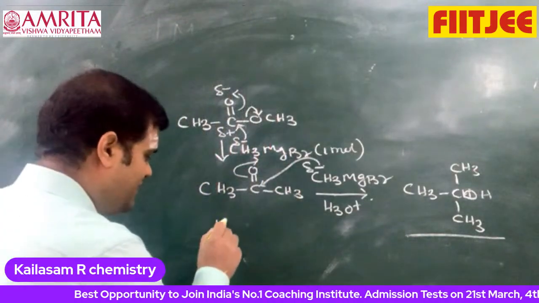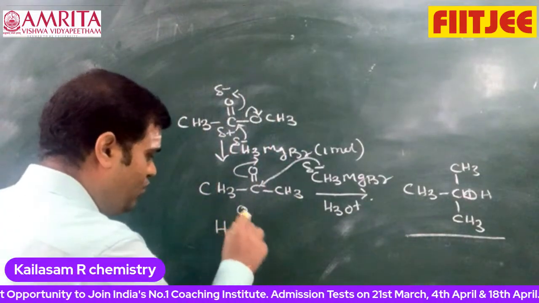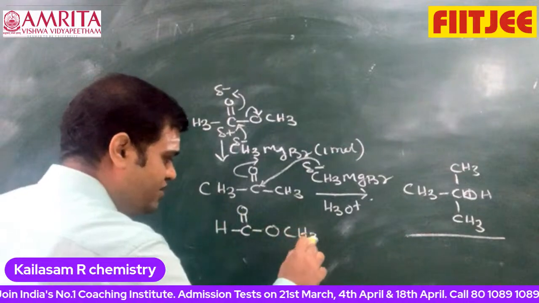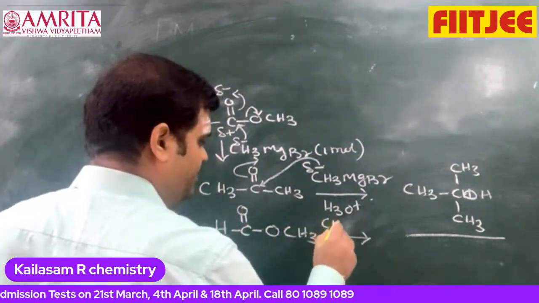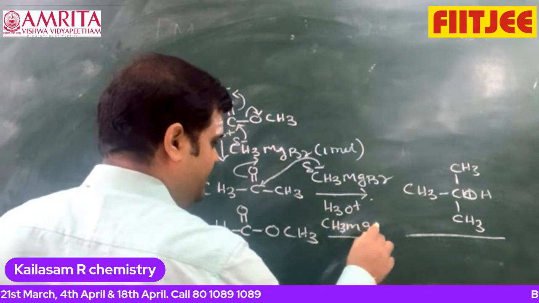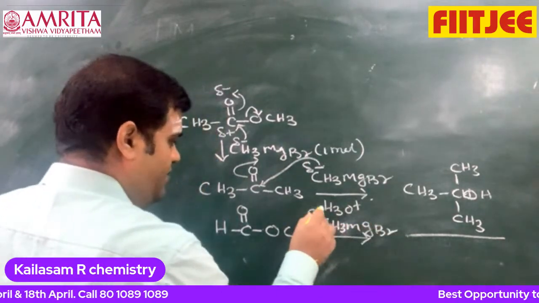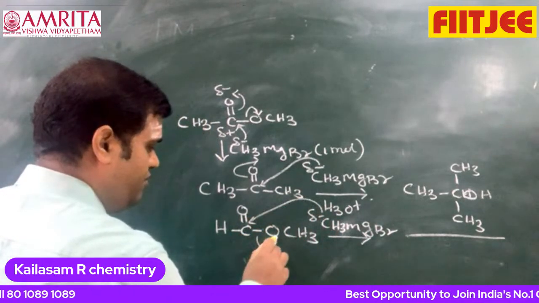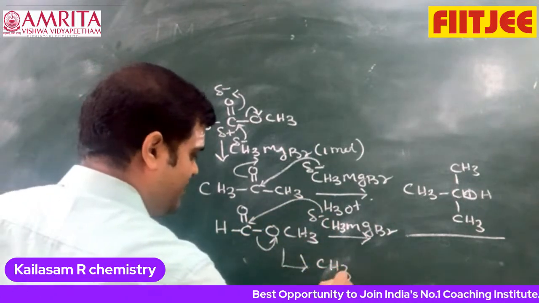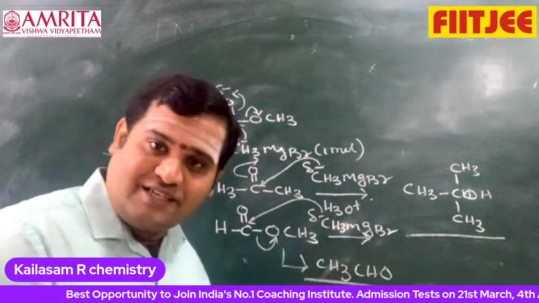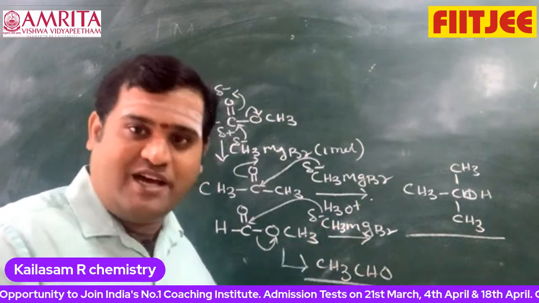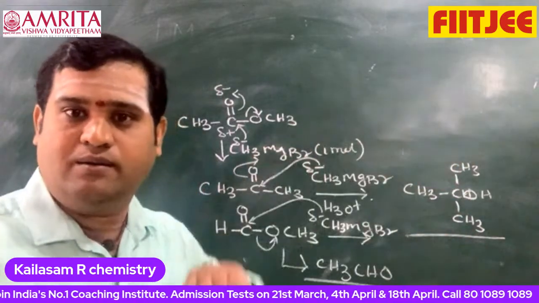This is a formate. I can take this example, HC double bond O with OCH3; this is methyl formate. When I use excess CH3MgBr on methyl formate, look at the mechanism: delta minus attacks, the bond breaks, and I get CH3CHO. This is called acetaldehyde, which we have already discussed. Acetaldehyde with excess reagent ends up with